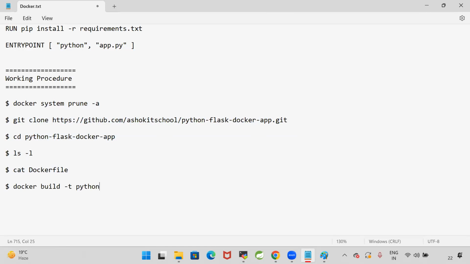I'm giving the image name as python-flask-app, space, dot. Right, build -t image name and a dot. That means it will take the current directory, find the Dockerfile, and build the Docker image for that. Once the Docker image is created, I need to run the Docker image. So how to run? docker run -d